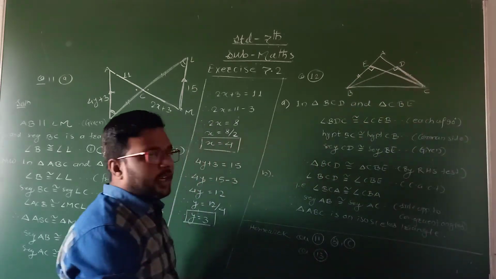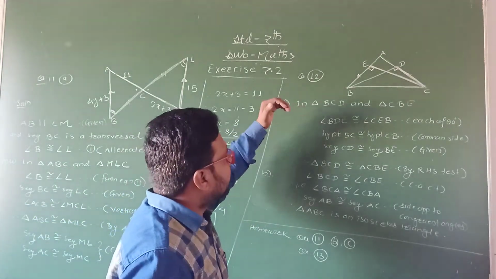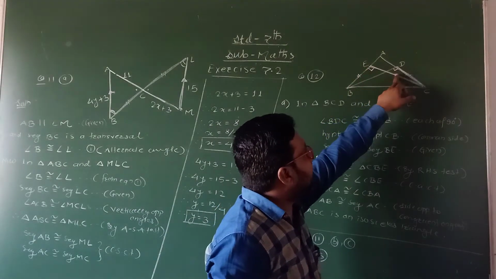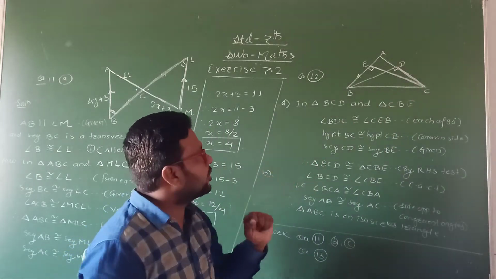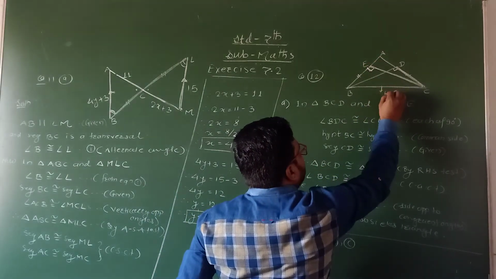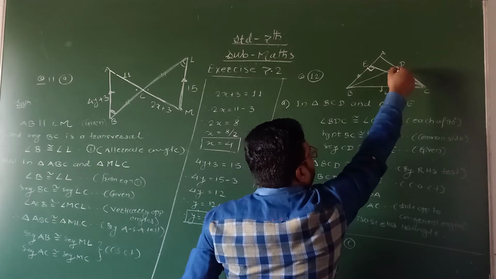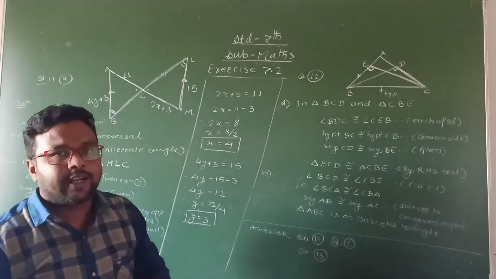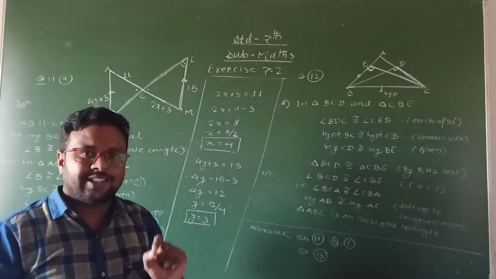Okay. If it is congruent, then we have to prove by which test of congruency. Now see, if you observe these two triangles, the right angle is given and this side is given congruent, so we can think about the RHS test. Then we have to find the hypotenuse. If it is 90 degrees for this triangle, then this side is the hypotenuse. Similarly for this triangle also, a right angle triangle, the side opposite to 90 degrees is BC. This is the common side, which is the hypotenuse for both right angle triangles. So we can easily prove these two triangles are congruent by the RHS test.